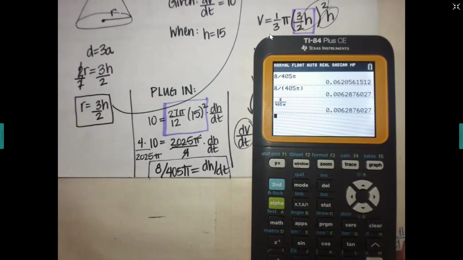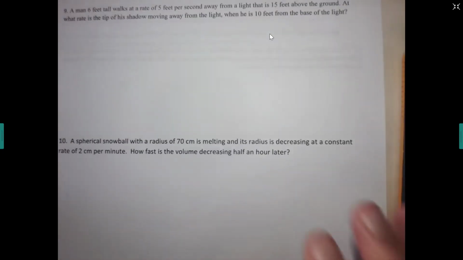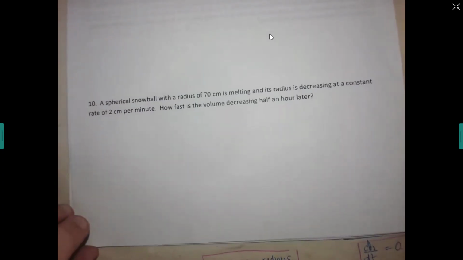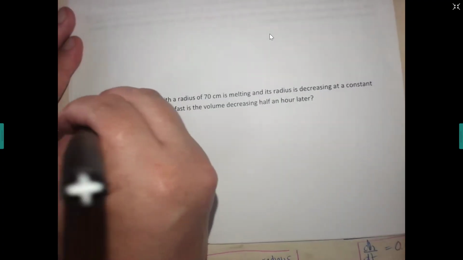All right, next one we're going to do, will you turn ahead to number 10? Okay, we're doing only 3 more left because I know these take forever. Okay, so turn to number 10. Okay, number 10 says that you have a snowball with a radius of 70 and it says it's melting and its radius is decreasing at a rate of 2 centimeters per minute. So find